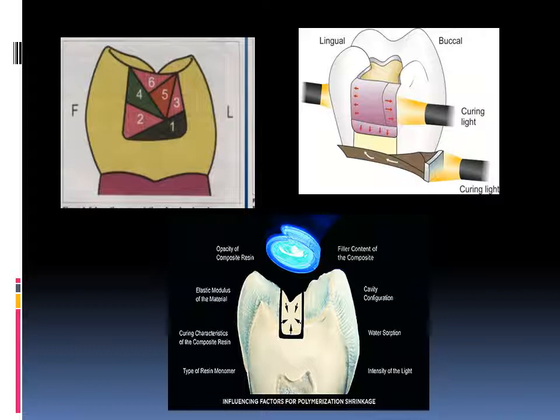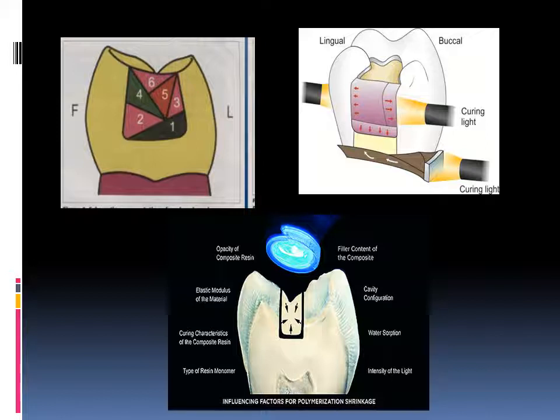This is a pictorial representation of the different ways we can prevent polymerization shrinkage. The first diagram shows what we discussed, the incremental build-up technique. These numbers are basically the number of increments. We have placed about 6 increments and the direction in which they are placed. So that is the recommended technique of doing a composite filling in increments. Then the second diagram shows the curing light. As you can see, the direction is towards the cervical margin, and the composite is also curing or moving towards the curing light, and that is the recommended method, that we direct the curing light towards the cervical margins.